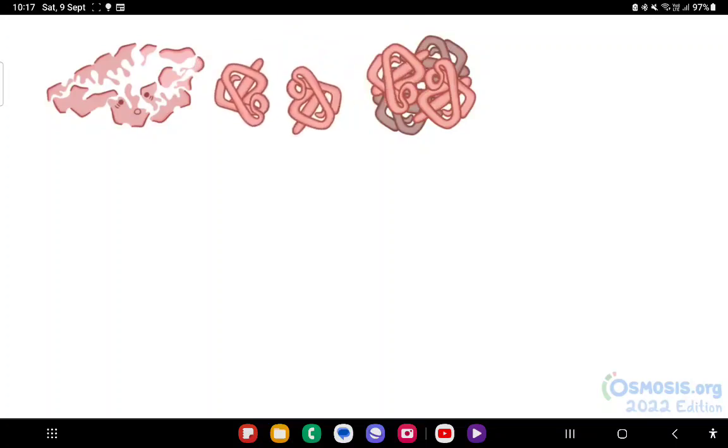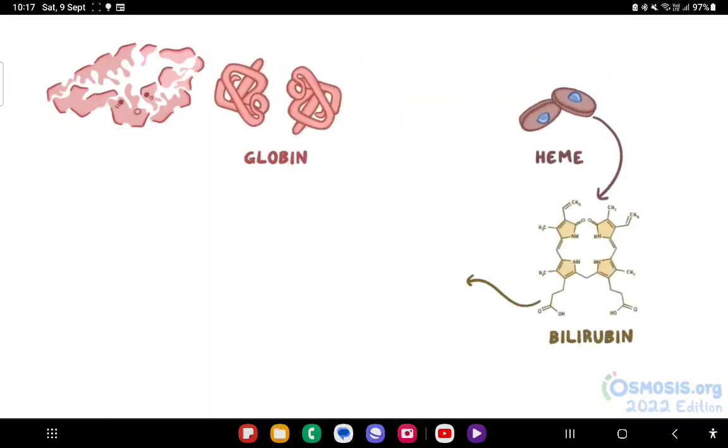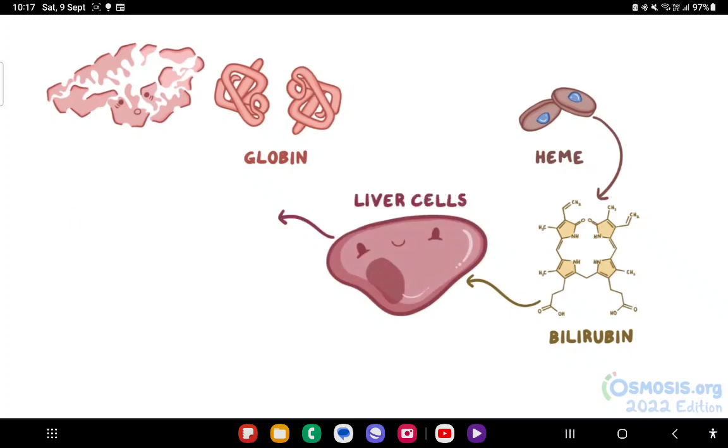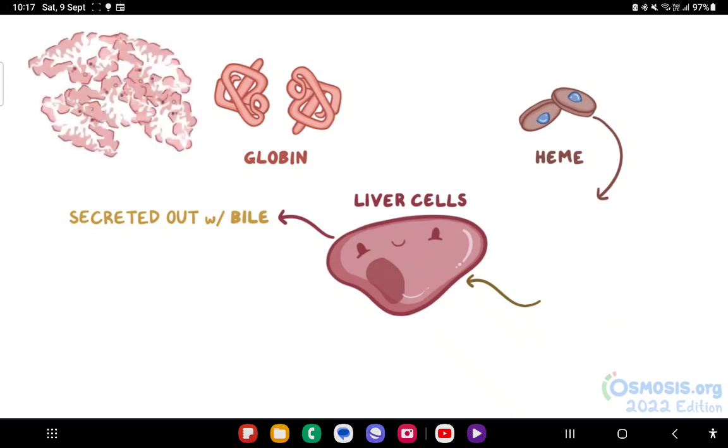So, when a red blood cell dies, its hemoglobin breaks up into globin and heme. Heme is converted into bilirubin, which is then taken up by the liver cells and eventually secreted out with bile. If all of a sudden your body starts breaking down more red blood cells than the liver cells can handle,